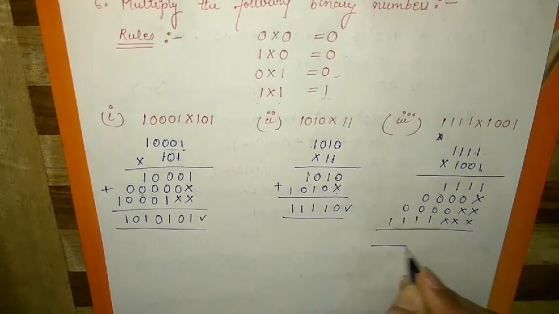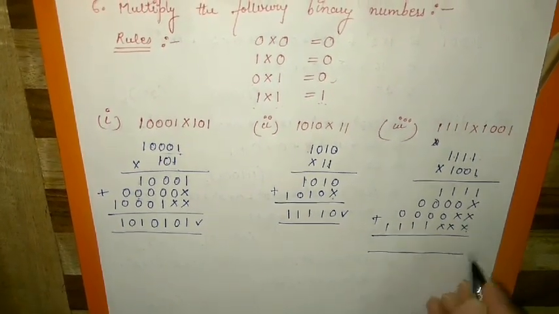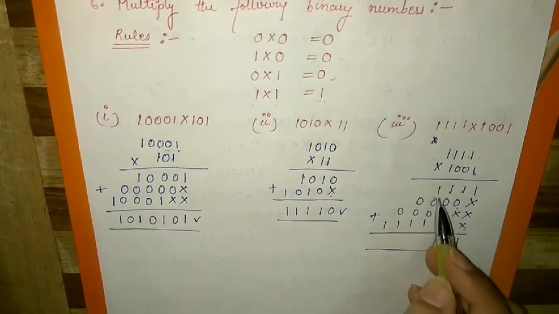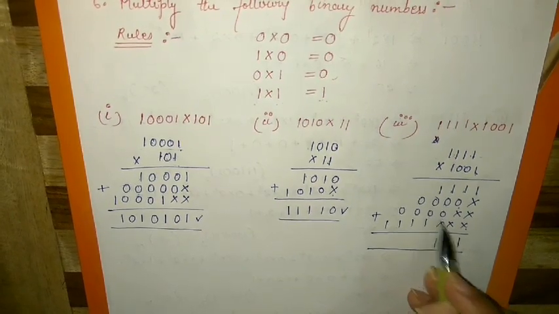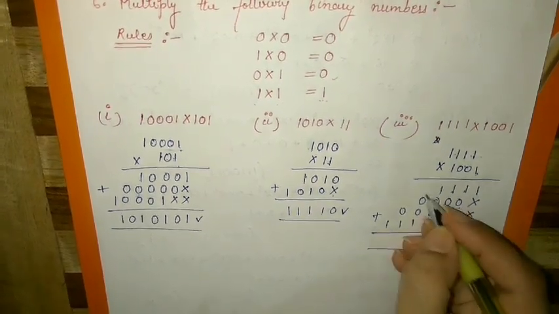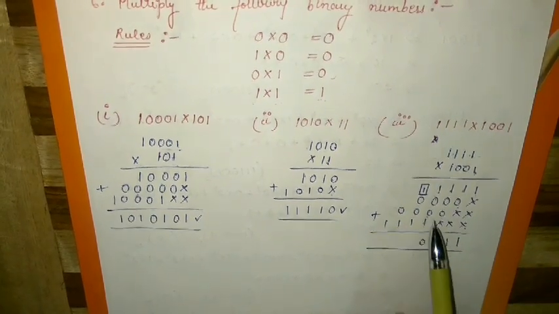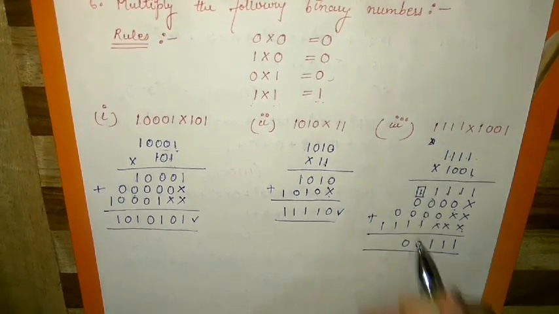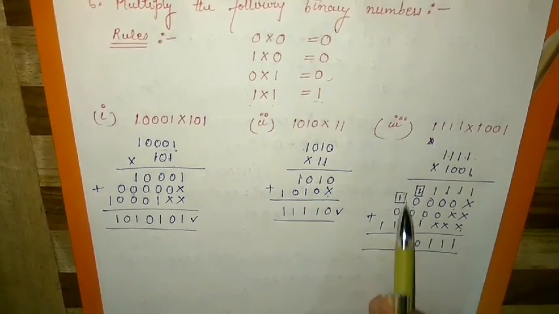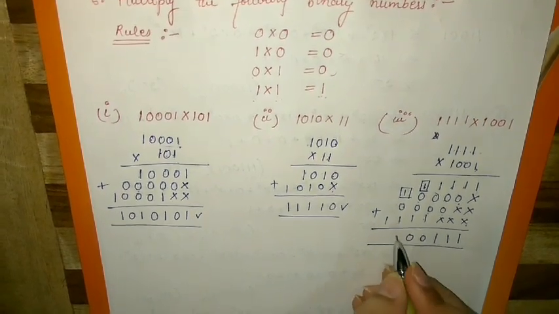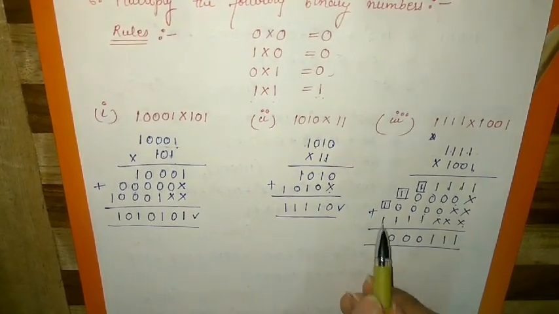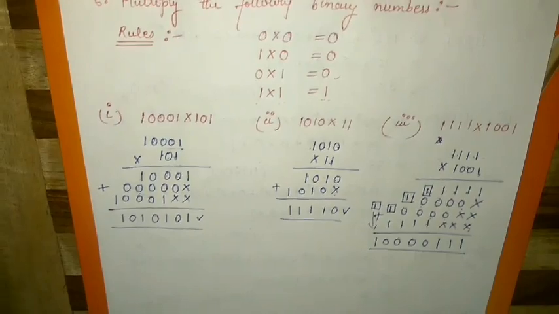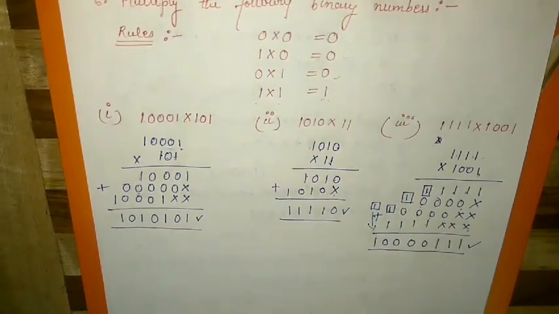Okay, then now find out the sum. In this line 1 plus 0 is 1, 1 plus 0 is 1, 1 plus 0 is 1, 1 plus 0 is 1, then again 1 plus 1 is 0 with a carry 1 on the left hand side. Okay, 1 plus 0 is 1, 1 plus 0 is 1, then 1 plus 1 is 0 with a carry 1. 1 plus 0 is 1 and again 1 plus 1 is 0 with a carry 1, and over here also 1 plus 1 is 0 with a carry 1. Nothing is there, so this 1 will come as it is downwards. Okay, so this is the solution for your third part.